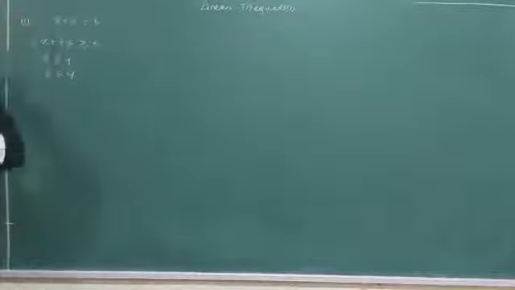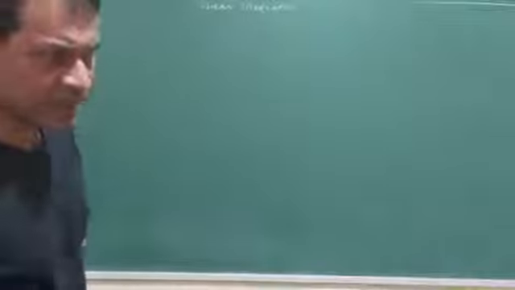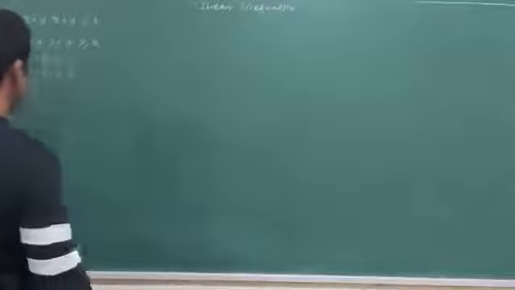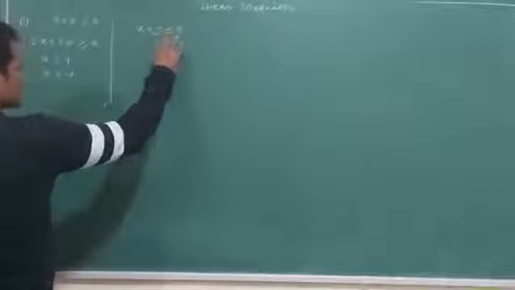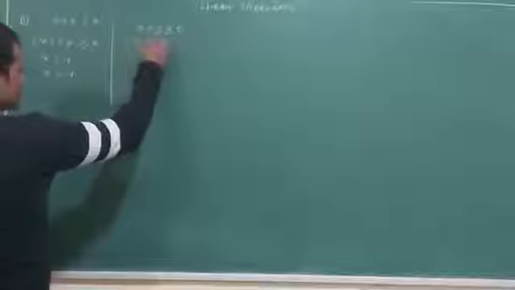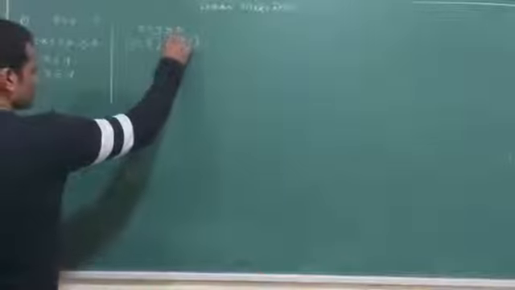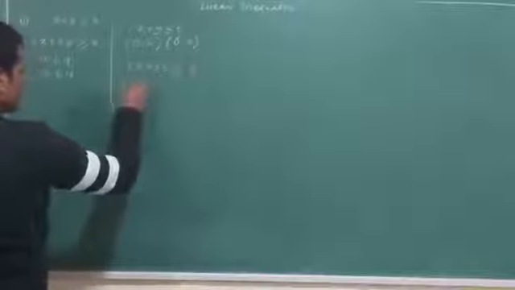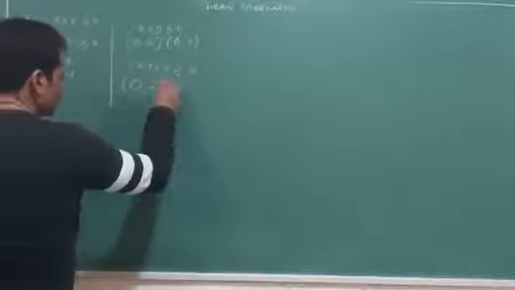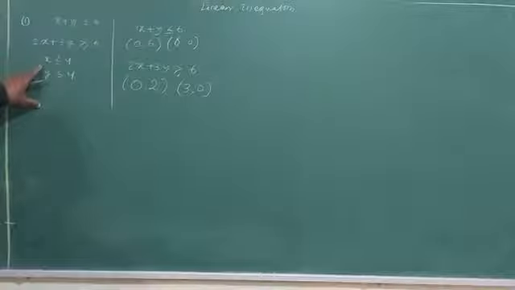If I get a question, draw the graph and shade the area. So this is a complete question, and I will start now. X plus y less than or equal to 6. What I will check is that the constant is positive. Replace x equal to 0, y is equal to 6. Replace y equal to 0, x is equal to 6. Second, 2x plus 3y greater than or equal to 6. Replace x equal to 0, y is equal to 2. Replace y equal to 0, x is equal to 3. And for the condition x less than or equal to 4, y less than or equal to 4, I cannot do anything because it is a single condition.